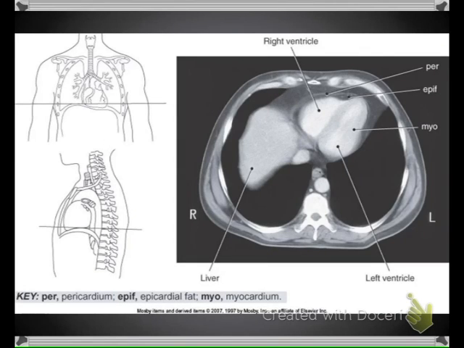Okay, on this image, we also should understand that we're really inferior in the heart now. We're actually going out of the heart and coming through the diaphragm and going into the liver. We see that in this area here, where we're leaving the diaphragm and seeing the liver actually come into our field of view. We also should take notice that we have the descending aorta here,